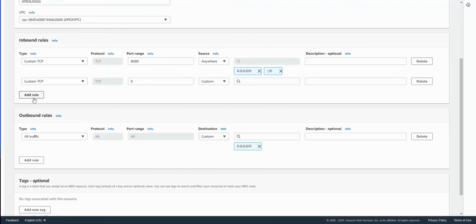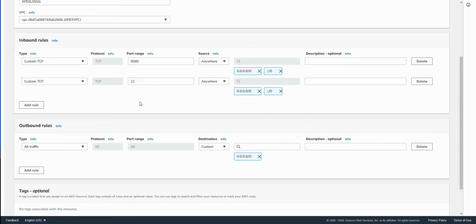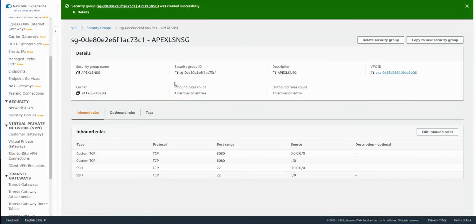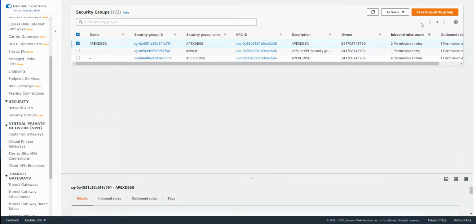Then we also need to SSH into the instance eventually, the EC2 instance which we are going to provision, so on port range 22 also let's put anywhere. But we'll come back and restrict it to only the load balancer eventually. Okay, so that is done.